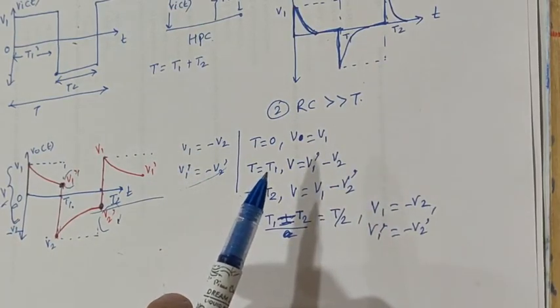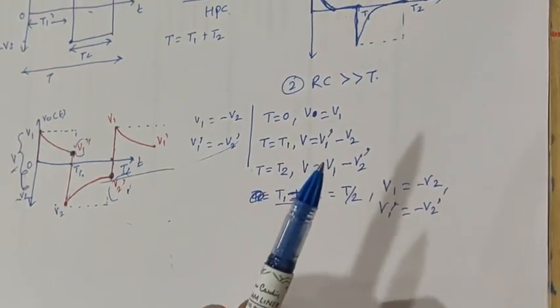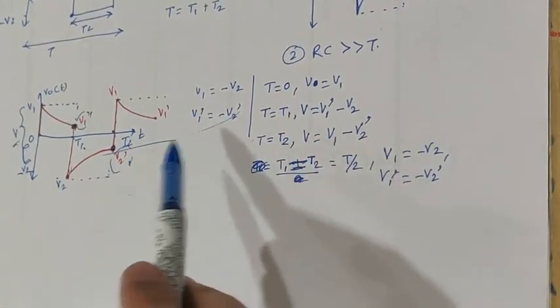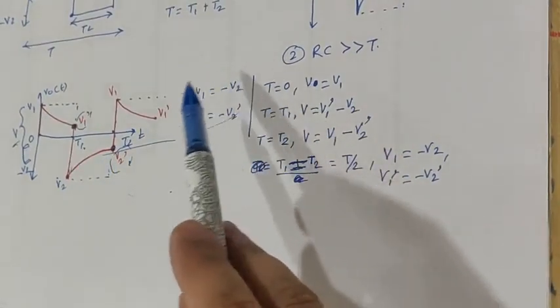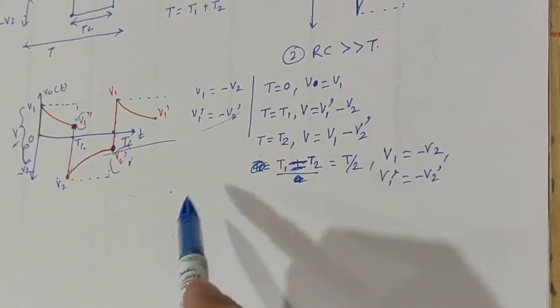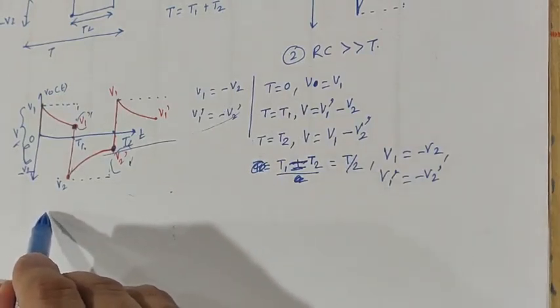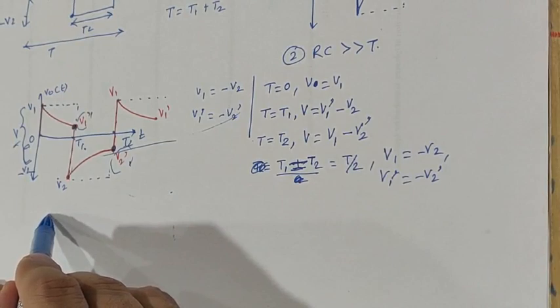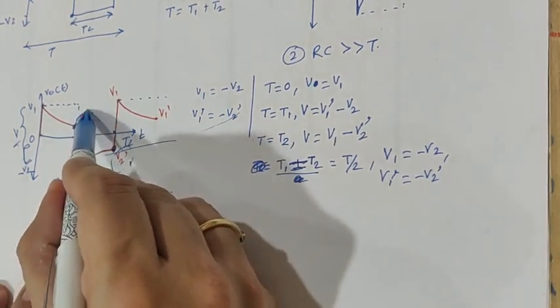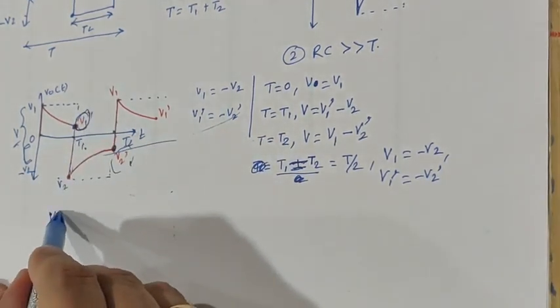Okay. Now let us derive the expressions, so that you can get any two values out of that, and of course the remaining values. So let me start from here. So for a square wave, let us talk about V1 dash. Let us start with V1 dash. Now what is V1 dash?